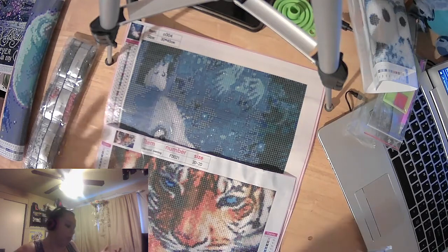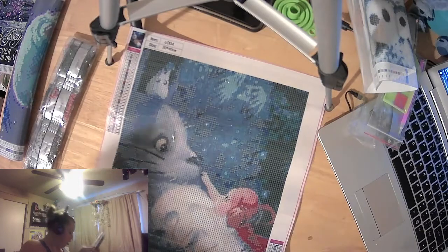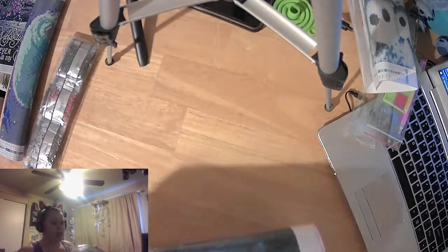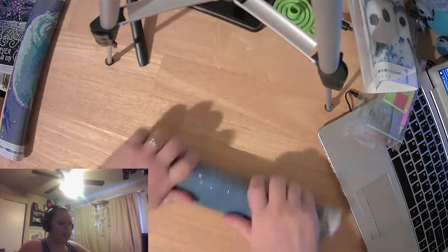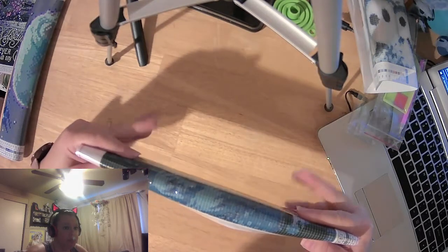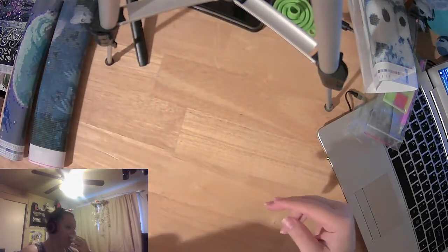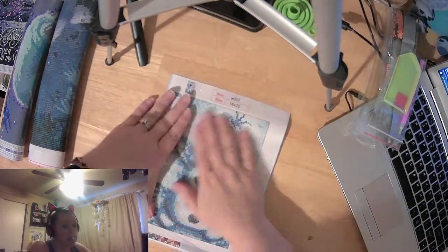So again, $2.99, can't go wrong. Especially if you have small kids, it'd be like a good little family project. You can all order different ones, and then do it together as a family. Something fun like that. So in comparison to what you get at Amazon, I believe the total on Amazon was $14.99. So you're getting a much larger canvas, but the price, hard to argue the price. It really truly is. So